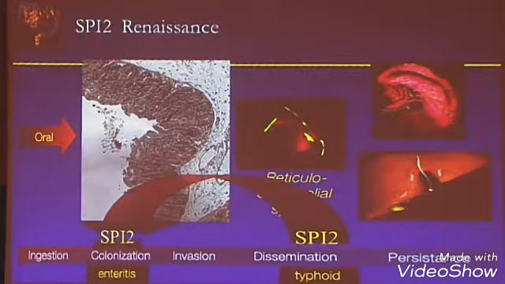So based on all those studies, we've now compiled a lot of evidence to argue that we kind of need to rethink how we think SPI-2 works. And the concept that, no, it's just way late, long inside the organs and everything. We know that SPI-2, whatever it's doing, whatever these effectors are doing, are actually kicking on very early, as soon as it's inside the intestine, even before it gets into cells. And it's getting ready to do whatever these SPI-2 things are doing. And it's needed for the whole gastroenteritis type aspects of the infection.